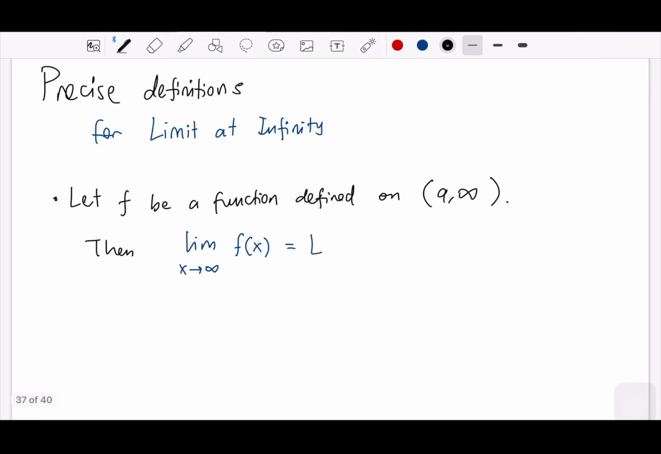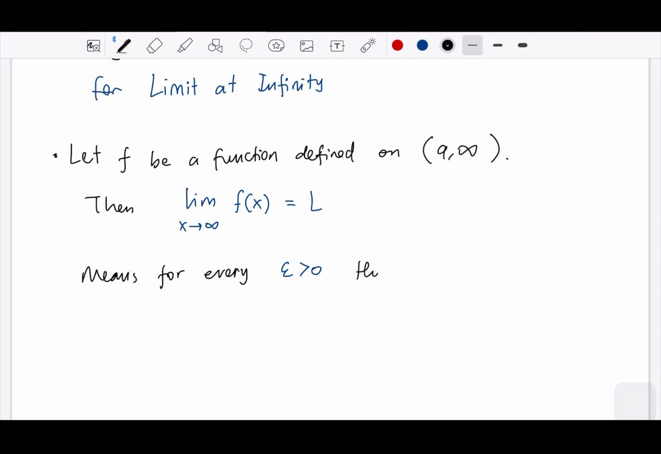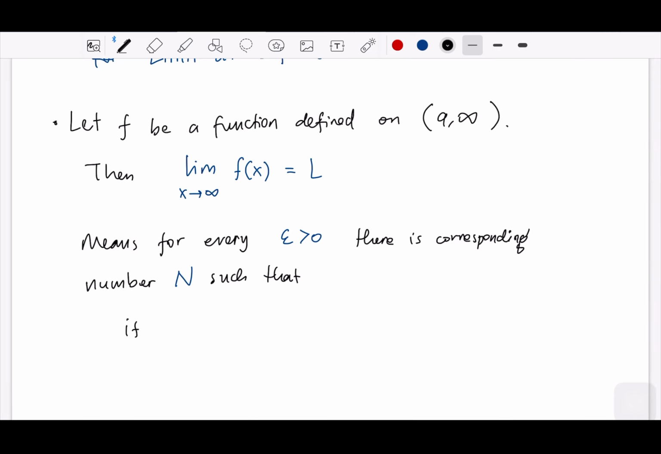So it means, in the precise definition, that for every epsilon positive, remember that epsilon is the distance between f of x and L, there is a corresponding number, we say N, such that if we increase x, x greater than N,